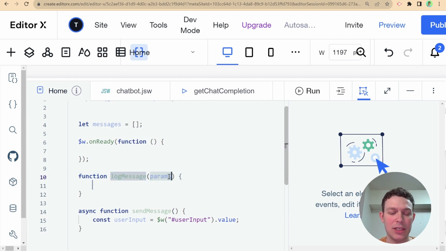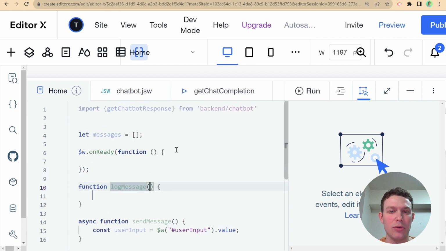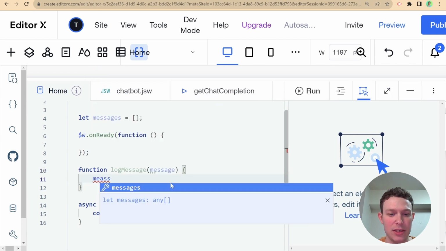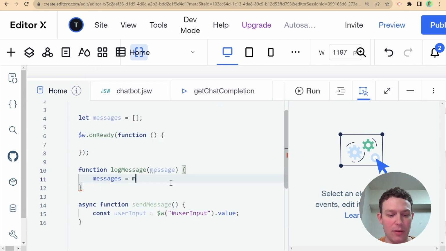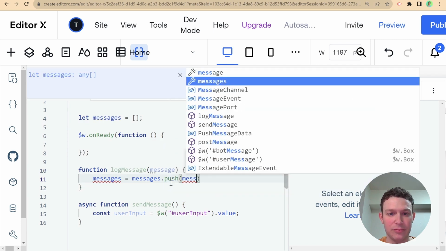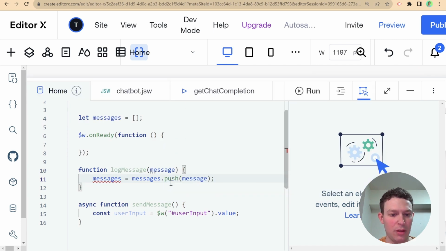Okay, and logMessage will add the message to these messages, and it will also display the message in the repeater. And again, I might change this function name later on. We'll see. So logMessage, and here we'll pass in a message, and then we'll say that messages equals messages.push(message),